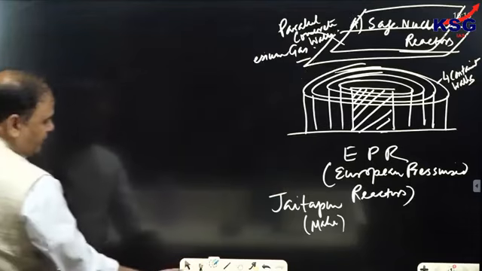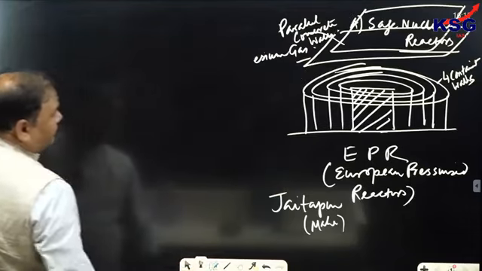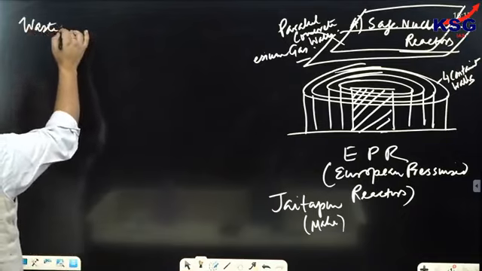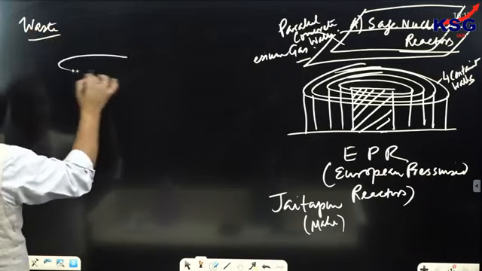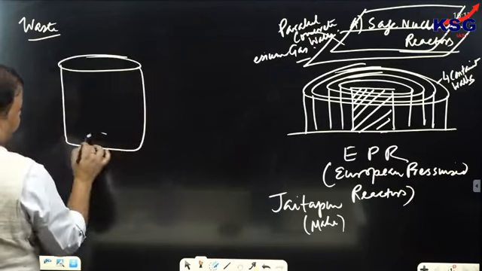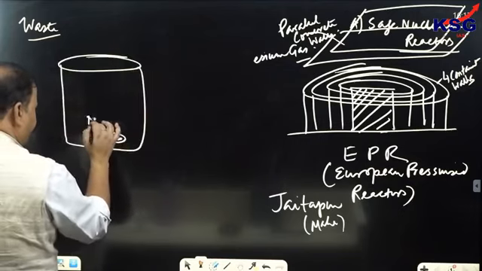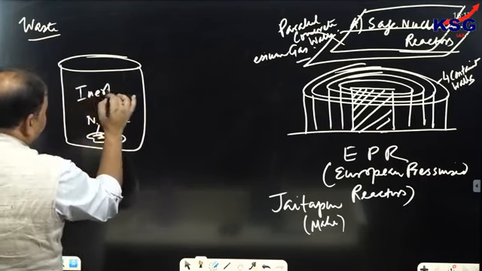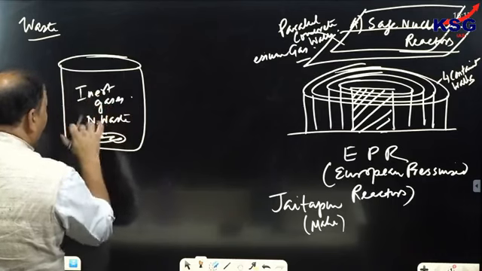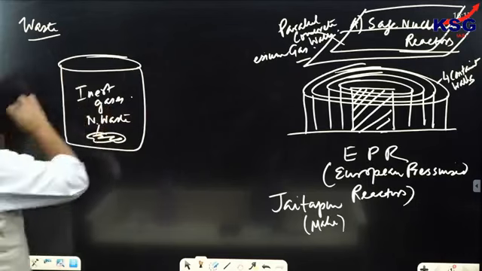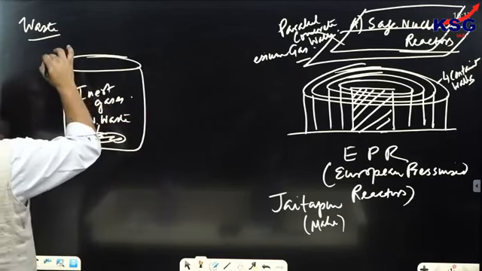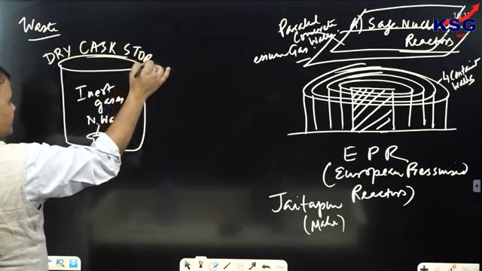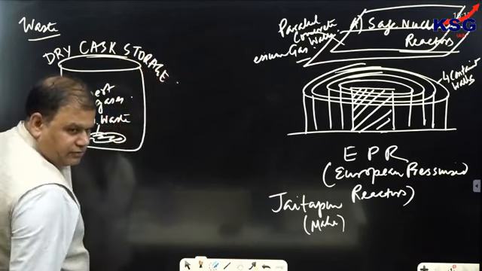The second thing which can be done, particularly for waste management. So for waste management, what would we be doing? Nuclear waste, how to tackle that? Now we would be immersing this waste in an airtight container. So suppose this is the nuclear waste, and it would be immersed along with inert gases so that no reaction takes place. Now this method of storage, which can then be placed underground, is called dry cask storage.